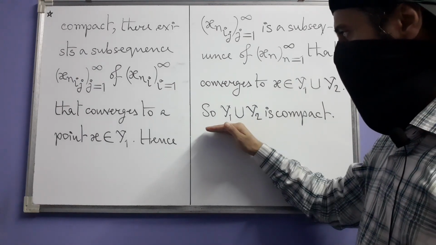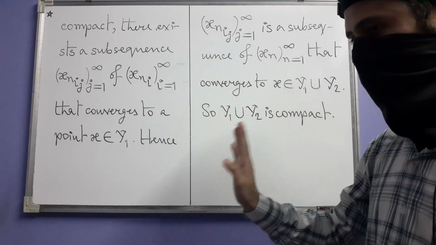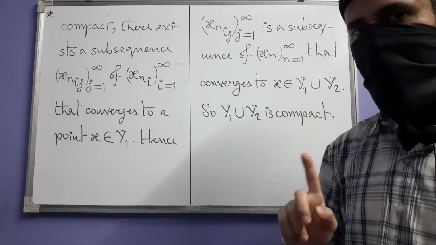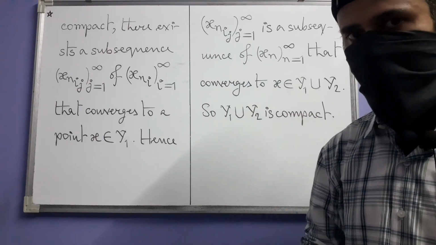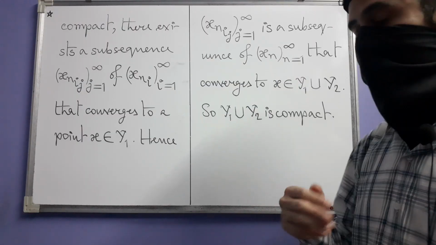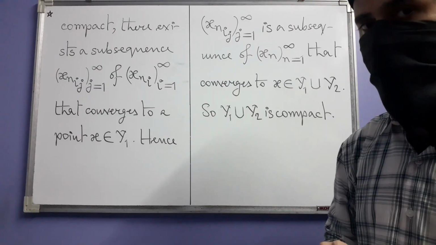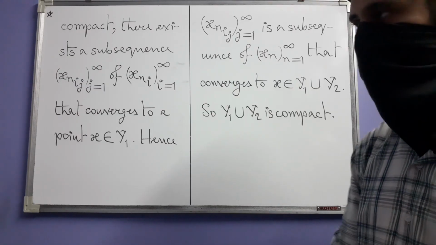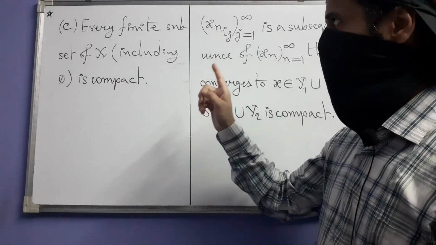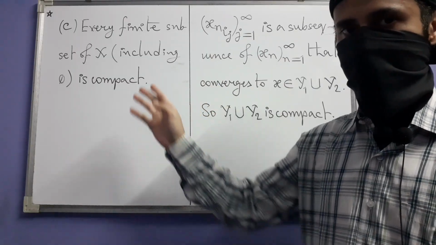Strictly speaking, the solution to part B does not really stop here. You have to extend it to the case of any finite number of compact subsets and their union being compact by induction. Okay, so you have to prove that. Please do it. And finally, we have part C, which states that every finite subset of X, including the empty